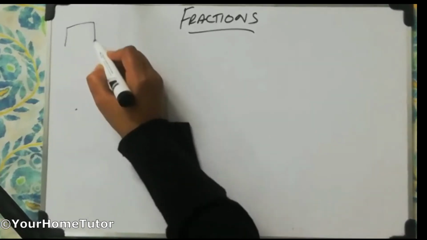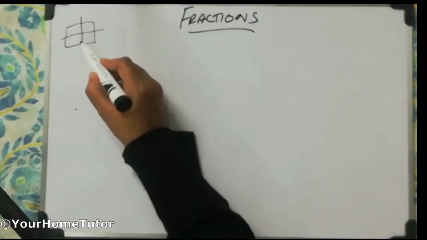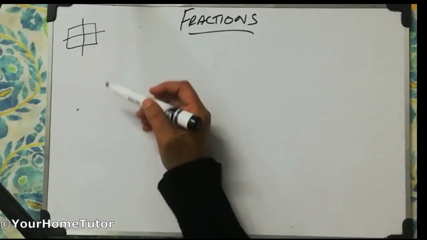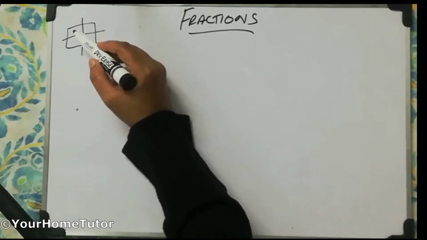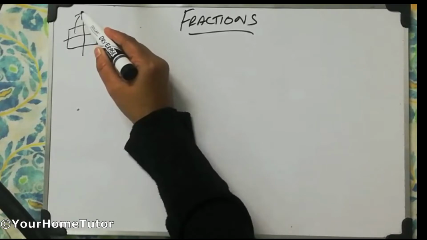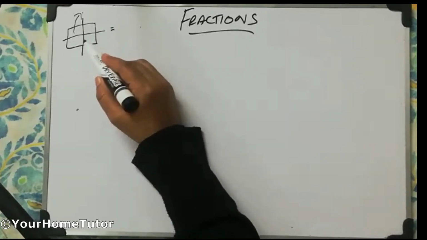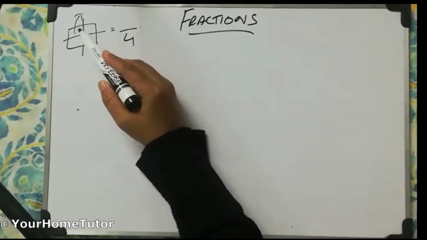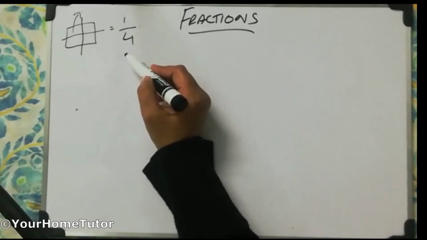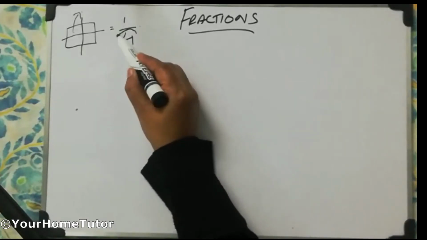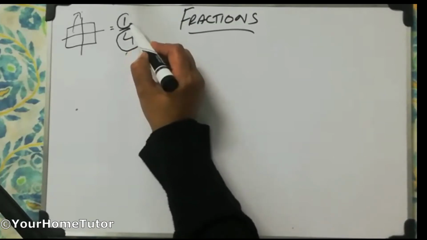What is a fraction? Suppose we have a piece of cake and we are dividing it into four parts. So what we are doing? We are making fractions of this cake. And suppose I give one part to a girl. First of all, how many parts did I make? 4. And what happened with the one part? I have given one part. So 1 out of 4 I have given. So the total will come in the denominator and the part which I have given will come in the numerator.